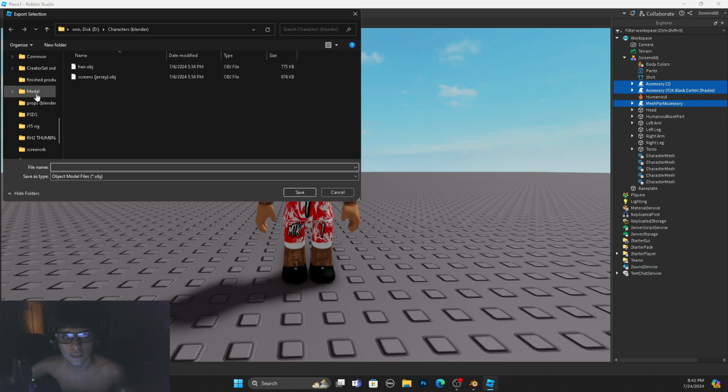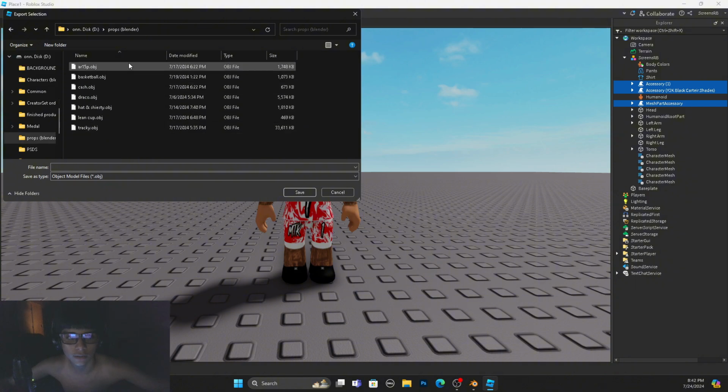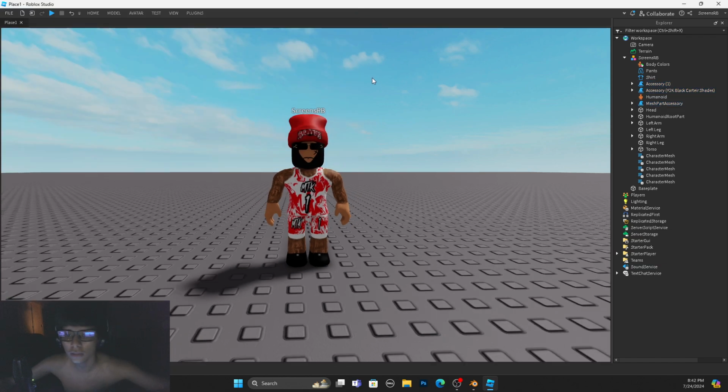Now whenever it comes to accessories, you do want to make sure that you make a separate file for that, because there's PNGs that basically hold the texture and the actual way that the image looks. So sometimes when you import it into Blender, if you have everything in one file, it will sometimes mix up those textures and just absolutely randomize your accessories or your clothes, which we don't want happening, right? So pretty much you're gonna want to make a separate folder for that. I have a props Blender file right here. I have a whole bunch of stuff on there. You just export it into there, and that's basically all about